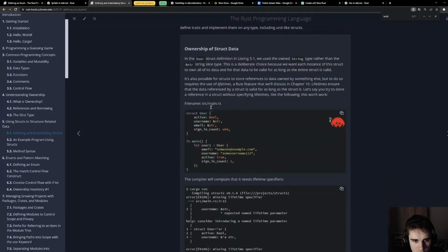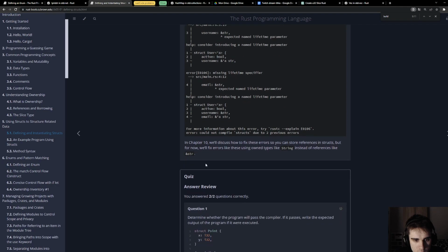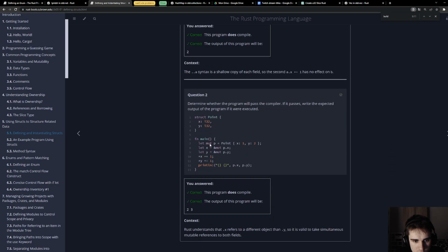So I was looking for the empty struct and I cannot find it.